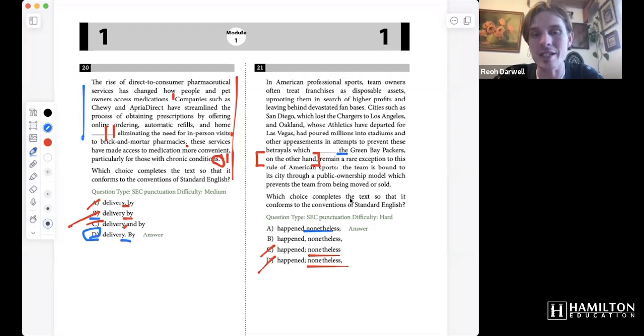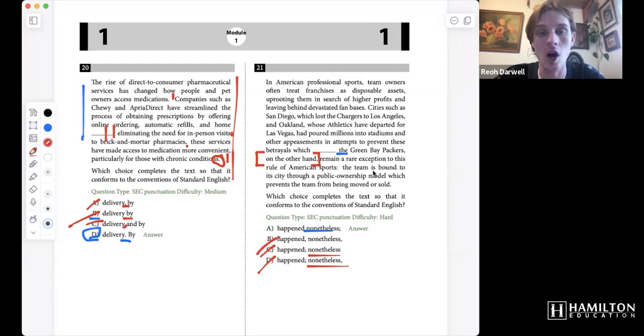So why does nonetheless need to be in the first clause, right? They'd poured millions into stadiums and other appeasements in attempt to prevent these betrayals, which happened nonetheless. All right. So the nonetheless is functioning to say which happened anyways. It's working like the word anyway. All right. It could have come before the happened, which nonetheless happened, or after, which happened nonetheless. Either one works. Okay. The reason why we can't do B though is because B doesn't give any sort of